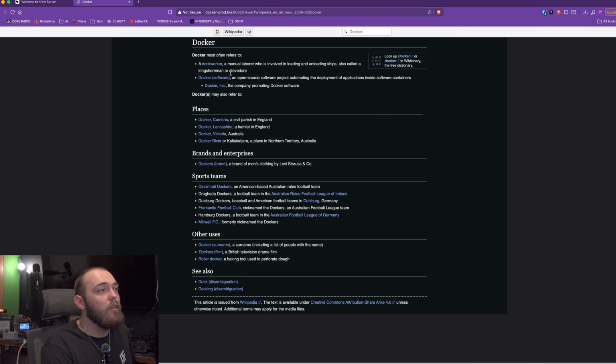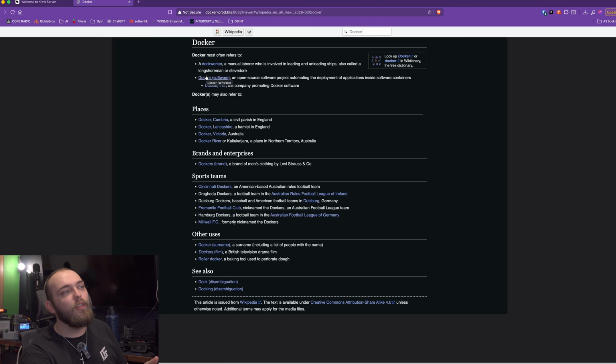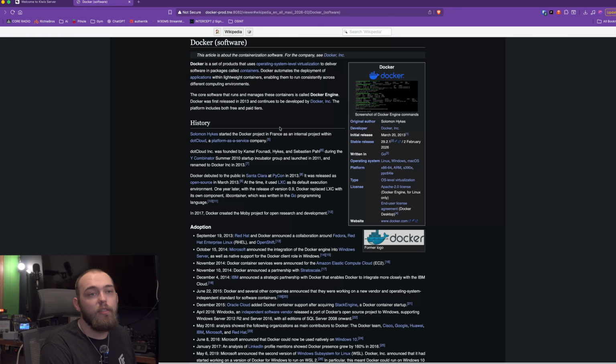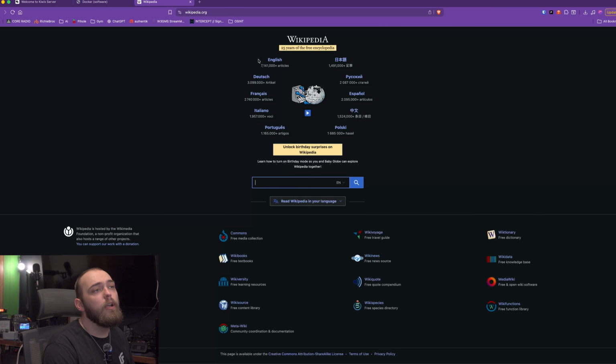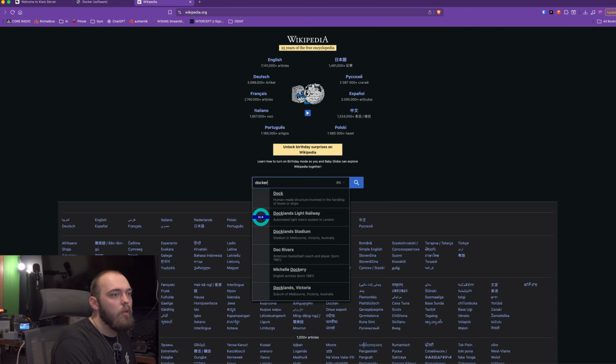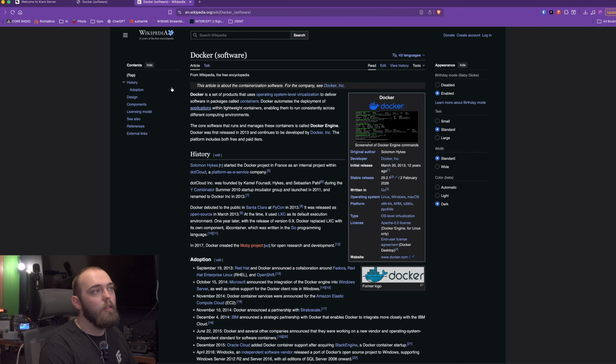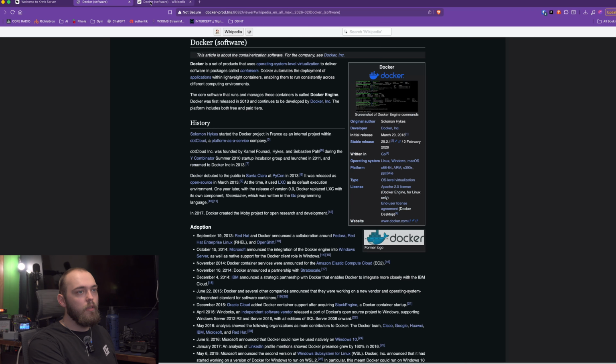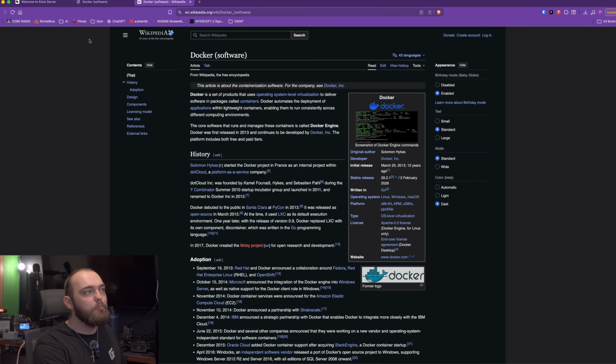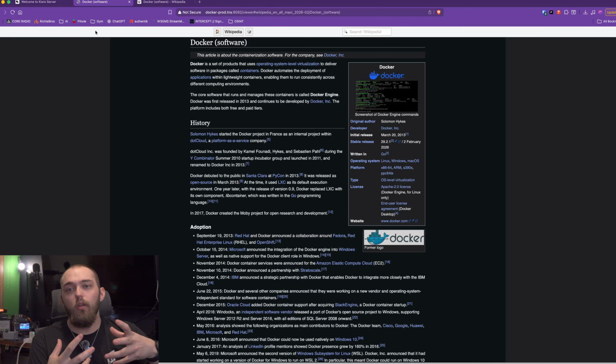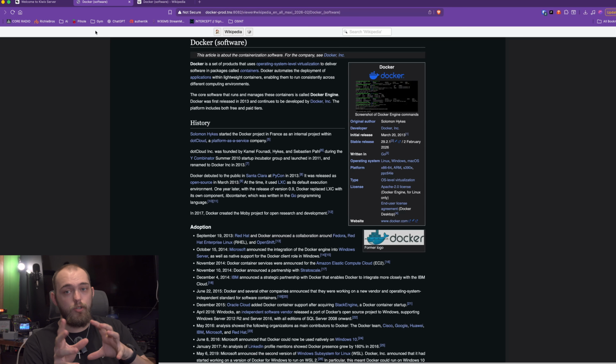But, so I clicked on Docker here, and it's giving me a couple different things. I want Docker software. If I click this, you can see this is the Wikipedia page for Docker. And we can go to Wikipedia proper, go to Docker software, and look at this. This is the Wikipedia page. So I have every single article that has ever been published to Wikipedia, including the images, in English, up until January of this year. That's when my current archive is from.